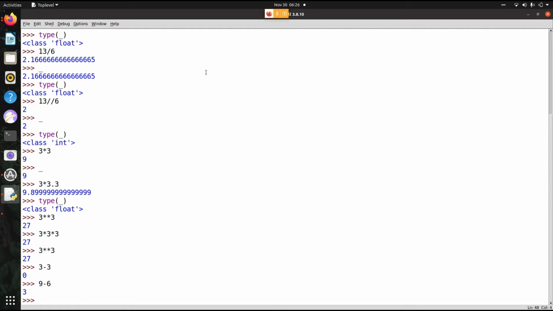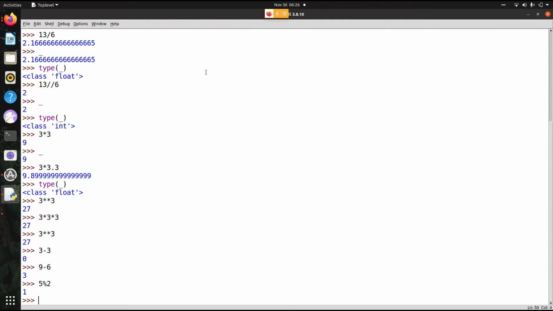Now one more important thing that we have to remember is 5 modulus 2. What will be the output? The output will be 1. What is the meaning of this? 2 2s are 4, and the remainder is what it is giving here, 1. Where do we use this? This is a very important thing for one of the interview questions that you will get. I will say where we get into it also.